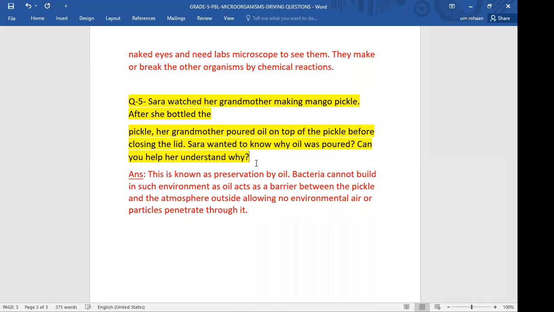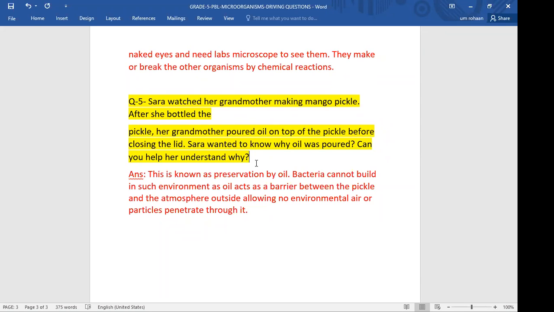Have you ever seen your parents, your mothers, your grandmothers making any pickle? Oil pickle, or what you say, vinegar pickle. Have you ever seen? Have you ever tasted the pickles which are in shawarma? Yes, oil prevents bacteria from going into the pickle, not to go in whatever we have made. What not to go in?